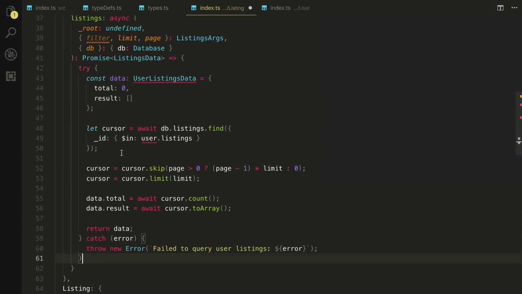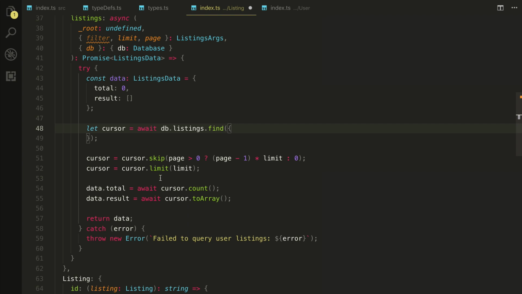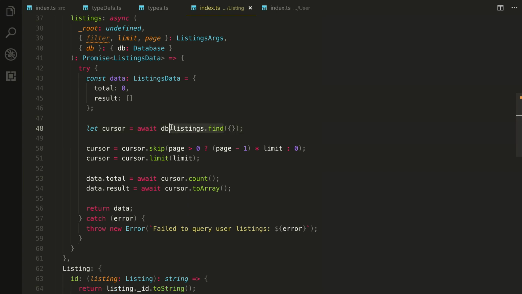Some quick changes we'll make. We'll declare the type of the data we're going to construct and return as listings data. Now, something we did for the user GraphQL object was, when we searched for listings, we used the $in operator to find all the listings where the _id field was in the array we specified here, user.listings. This is how we basically said, give me all the listings for a certain user. However, for this particular listings field, we don't need to do that. We simply want listings for any user. So with that said, we'll remove the option we've specified and simply find all the listings from the listings collection